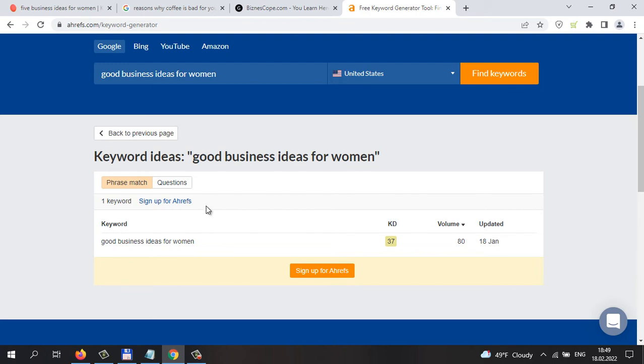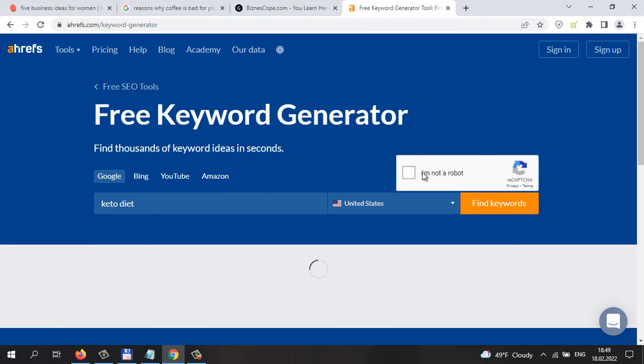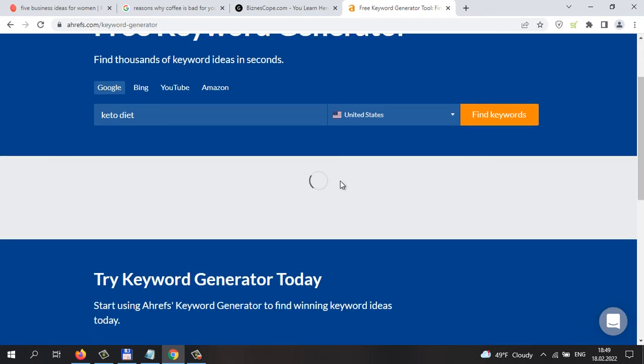Also, for example, you want to start a diet website. Maybe you have already heard about keto diet, so you can just type in here keto diet and click on find keywords, and we will have here, I'm sure, lots of different results, low competition, high competition keywords, because it works quite long, so it thinks how many keywords can be found here.